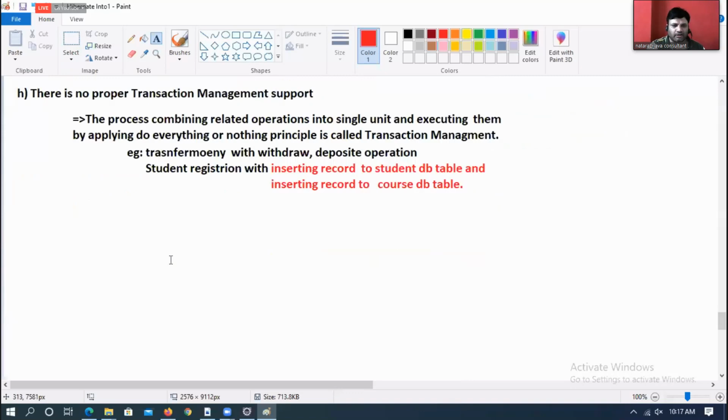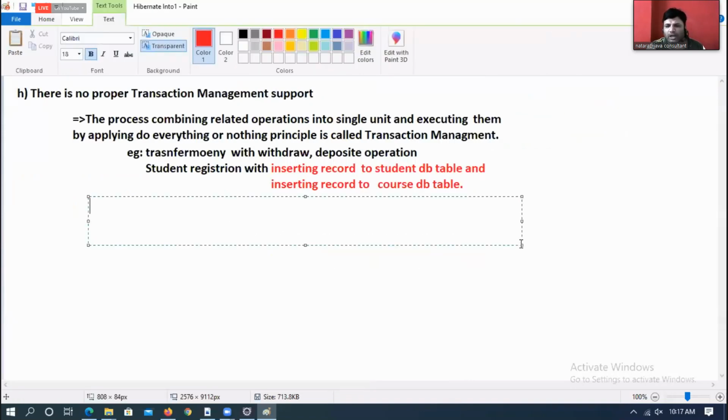Fine. Now listen. We have two types of transaction managements, boss. One is local transaction management.